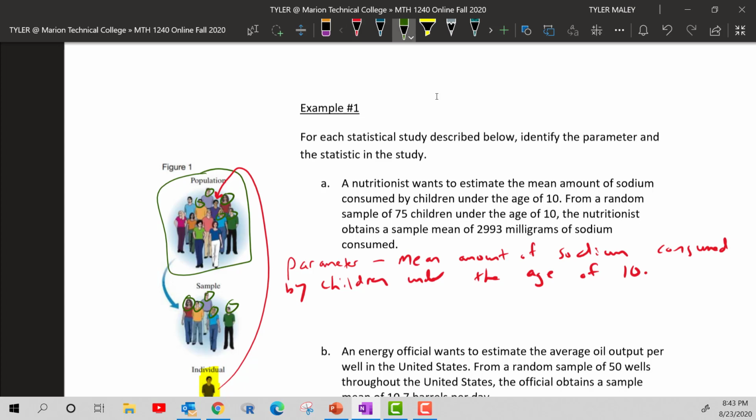Right? So the statistic here would be the mean of 2,993 milligrams